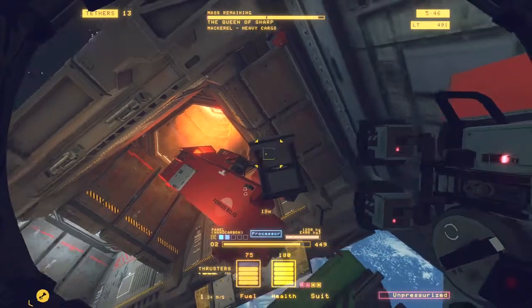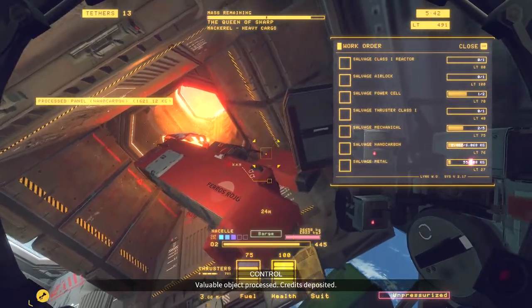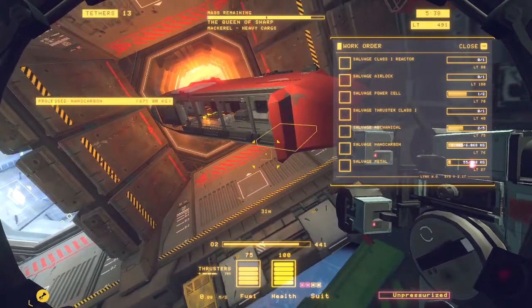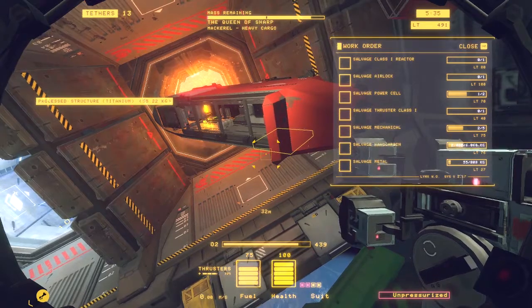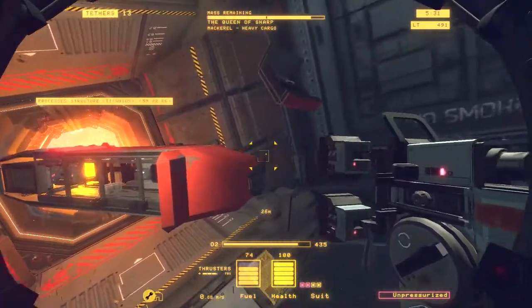Nanocarbon. Yeah, all of this is nanocarbon. Dang, that's annoying. So we need to... Yeah, there goes the ship. It's going all the way into the airlock, or the smelter thing. Goodbye, ship. You were